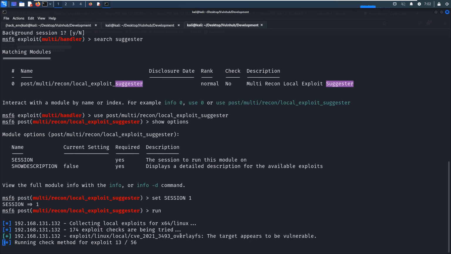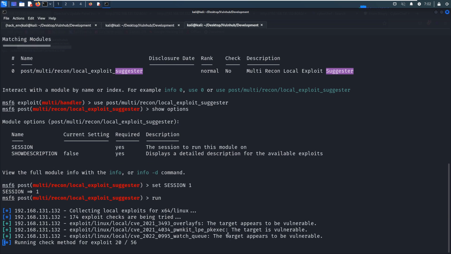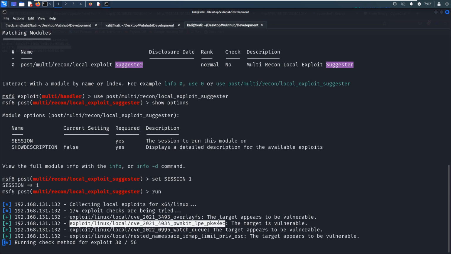So the first one is coming out. Okay, I think I got the one I want to use. This one, because the target is vulnerable, not just appears to be vulnerable. We can copy.